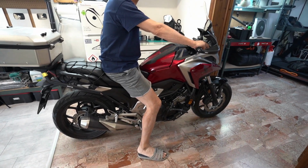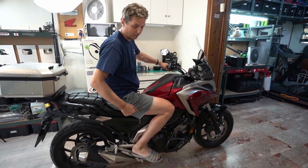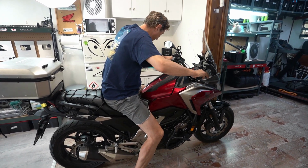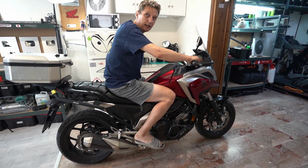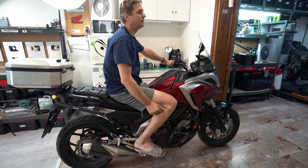This is a sport position. You put your legs up and back, so you have one aggressive position to turn. But after a long ride, about 1 hour of riding, you need to stop because your legs are all the time